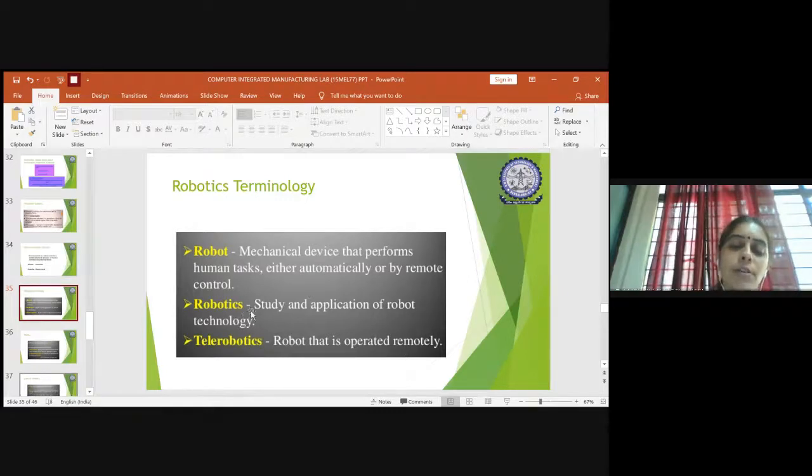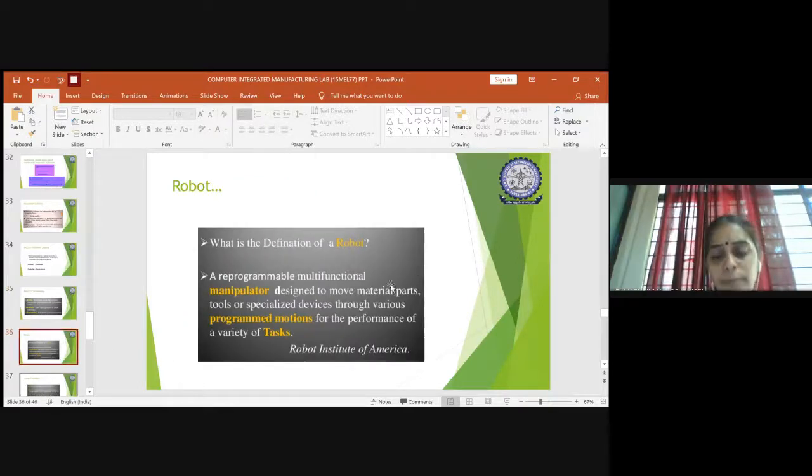Robotics is the study and application of robot technology to any area where it is needed. Apart from robots, we also have telerobotics. Robots that are operated remotely are called telerobots.